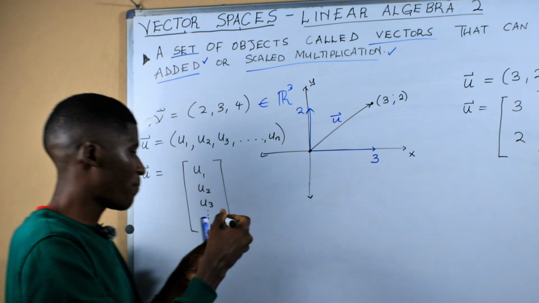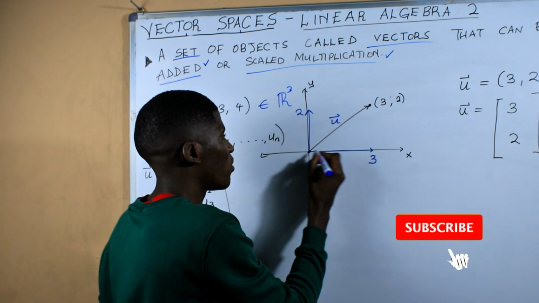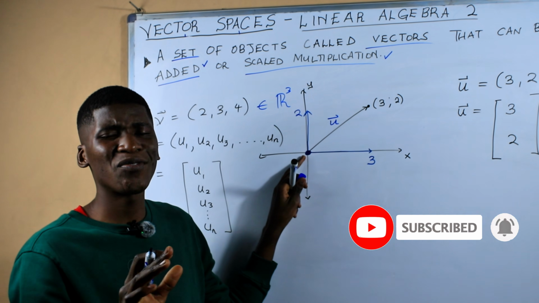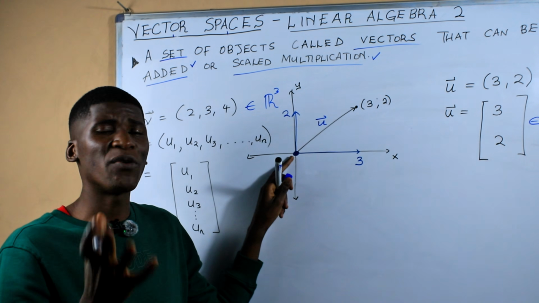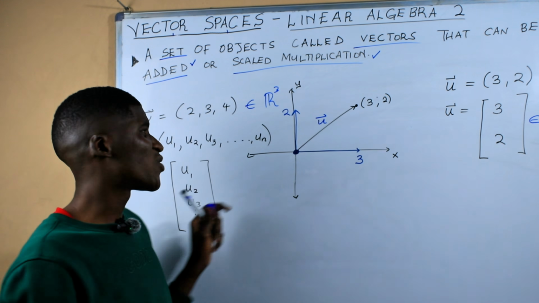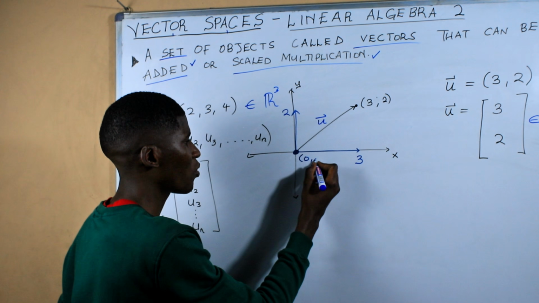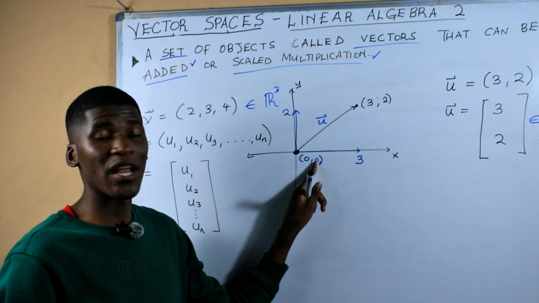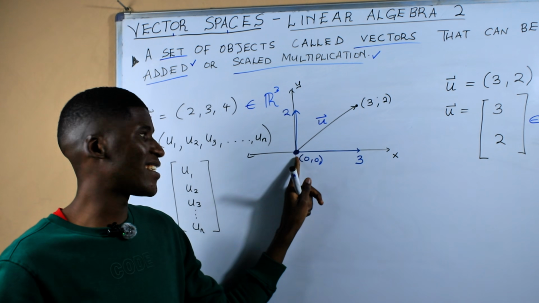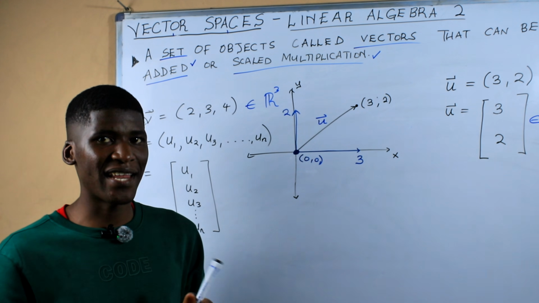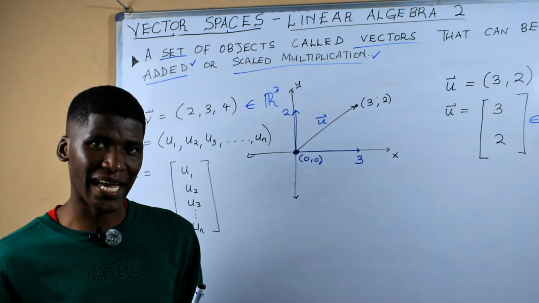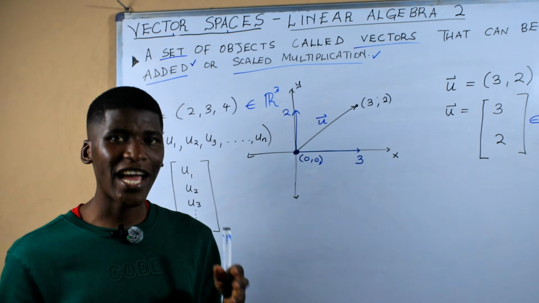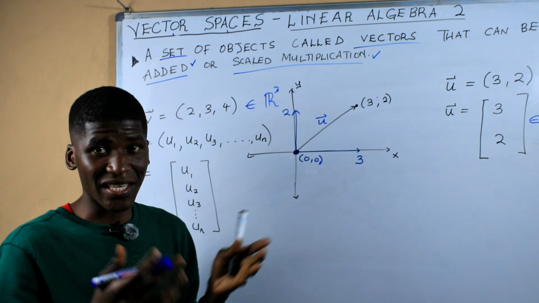Okay, so when you talk about a point, let me just say this point here on the origin, this is a point. It does not have any components. It does not have any component along the y-axis, along the z-axis, or along the x-axis. So we can just say that this point can be labeled as 0, 0, 0, to say that here we're having 0 along the x, 0 along the y-axis. So a point can also be called a vector, and that is known as a zero vector. A zero vector is an identity element, but I'm still going to explain what an identity element is, and you're still going to understand the whole significance of this.